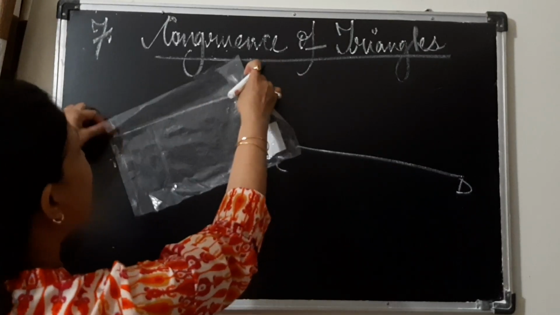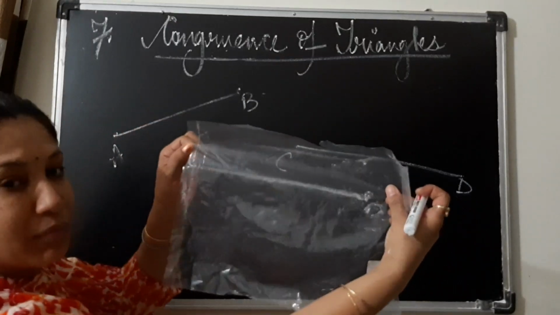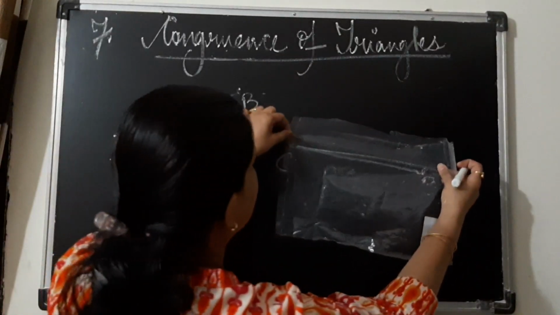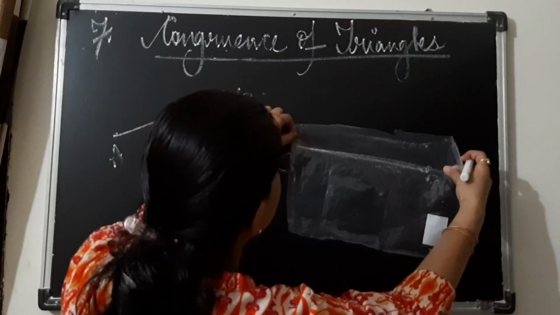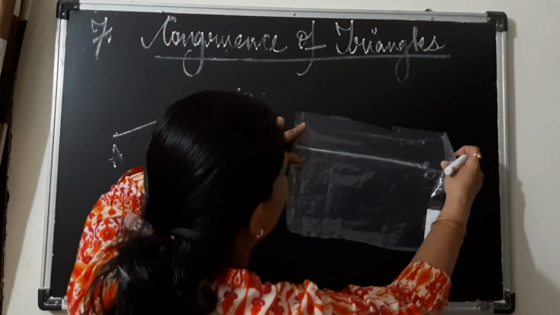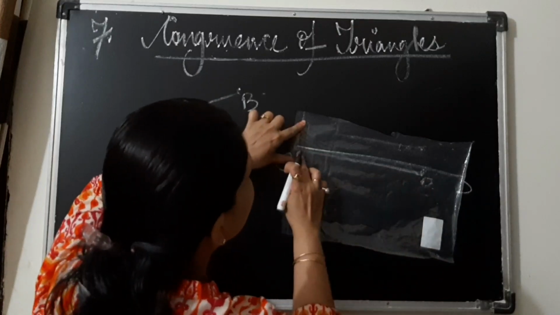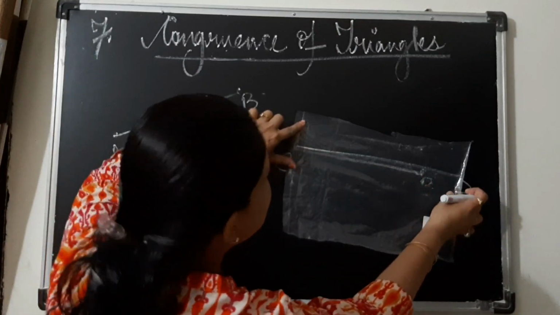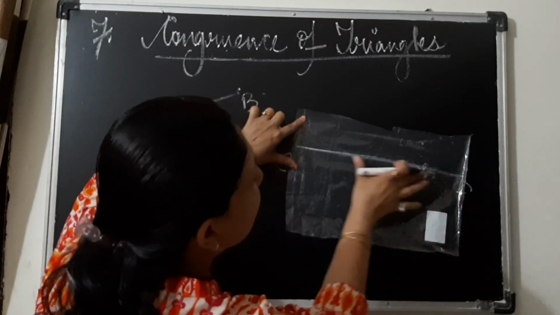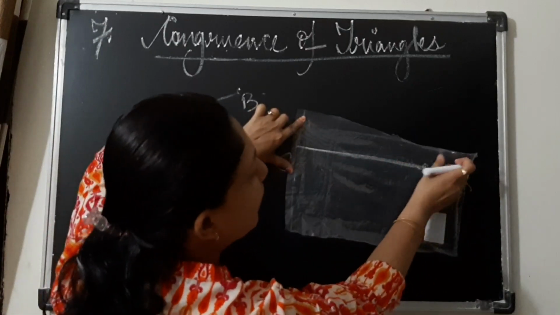Here. Now, see, I got the mark. Can you see? I got the mark on this plastic sheet only. Now you place that tracing paper over the other. See, my line. Can you see, children? This is the trace copy. And see, if I place it over another line segment, what happens?